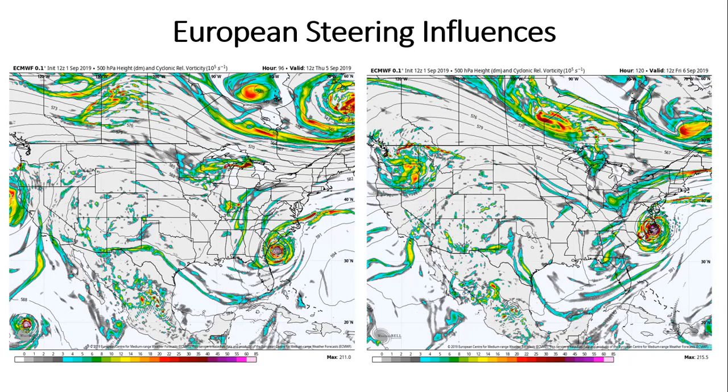Looking at 500 millibar charts here on the left and right. The 500 millibar level is about 18,000 feet above the ground, and the middle level of the atmosphere. Vorticity charts is what I'm showing you, along with the black saddle lines, which are your height contours. Generally, the image on the left, Thursday morning, the 5th of September, shows a bending of the height lines, height contours, generally to the north of Dorian, which is associated with the upper level trough, which I had already mentioned